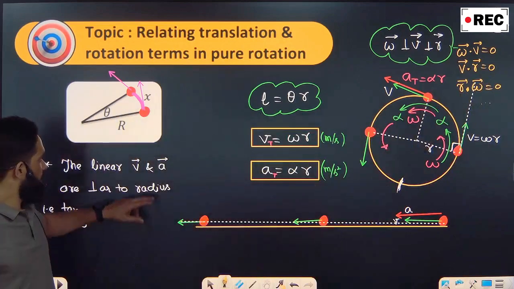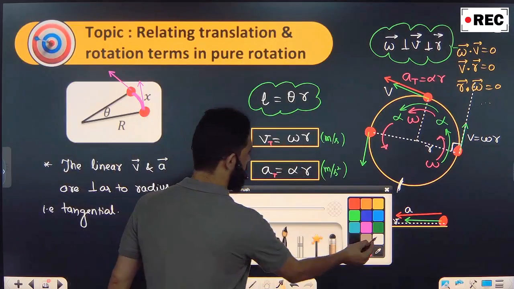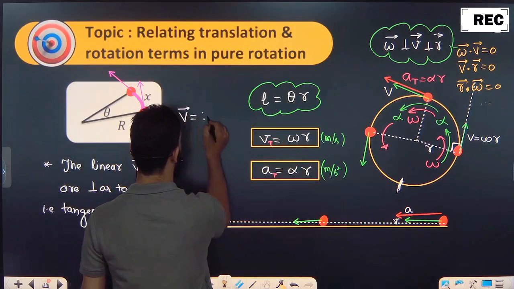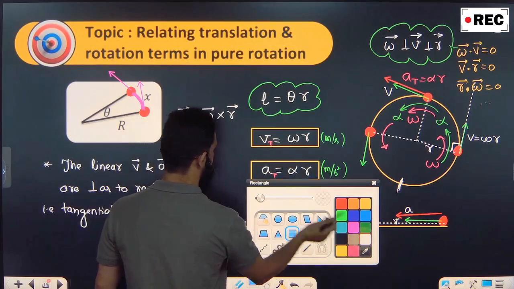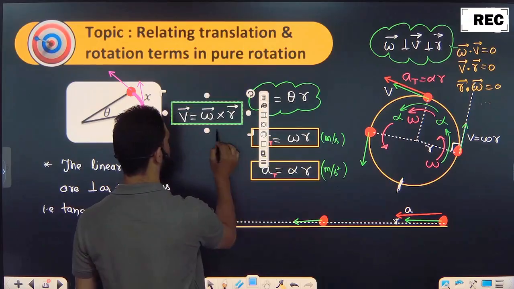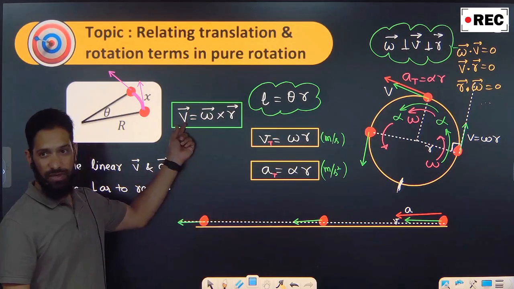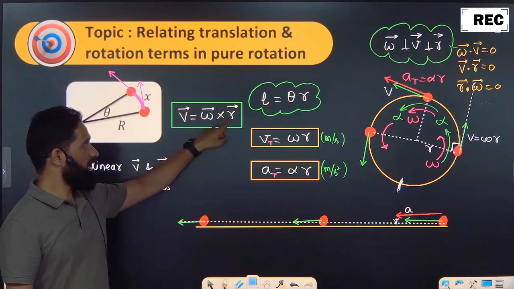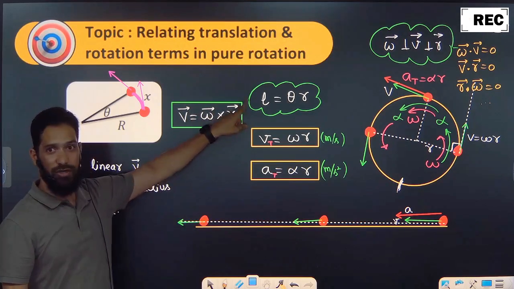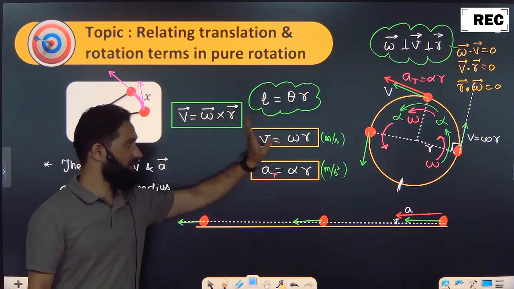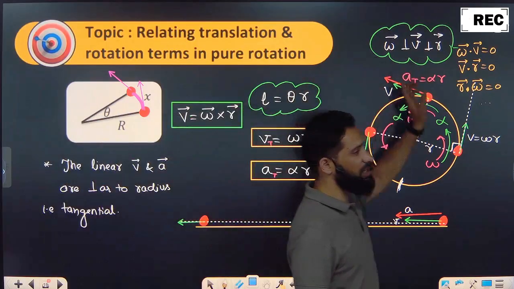बताया था आपको. And when we find out here v is omega into r, basically it is v equal to omega cross r. क्या? v vectorly is equal to omega cross r. So whenever you have two vectors which are perpendicular to each other, इनका cross product उनके perpendicular होता है, isn't it? So what is the direction of v? Sir, v is perpendicular to both omega and r. What is the angle between omega and r? 90. So what is the value of v? Omega into r into sine 90. Sine 90 is 1. So v is equal to omega r. Simple. Magnitude wise it is omega r, but direction wise all of them are perpendicular to each other.